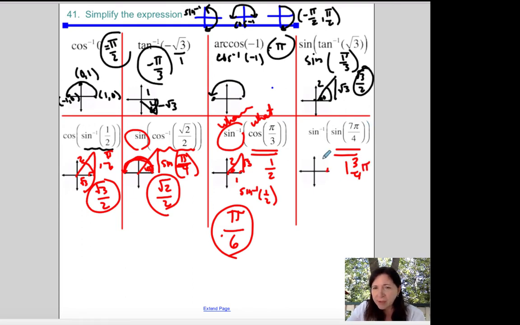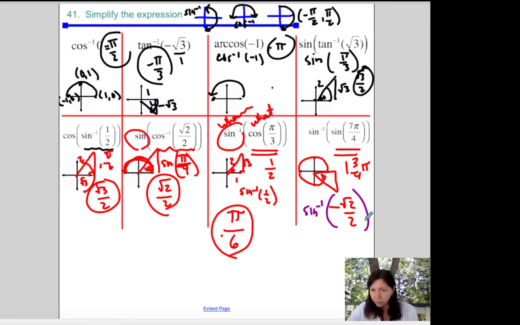So let's graph that. That's 1, and then 3/4 is down here. So 3/4, 4 goes into 180 45 times, so this is a 45 degree. So this is saying what is sine at 45 degrees reference in the fourth quadrant. And so that's going to be, all students take calculus, only cosine's positive, so that's a negative root 2 over 2. And then it's saying, once we have that, where is sine negative root 2 over 2